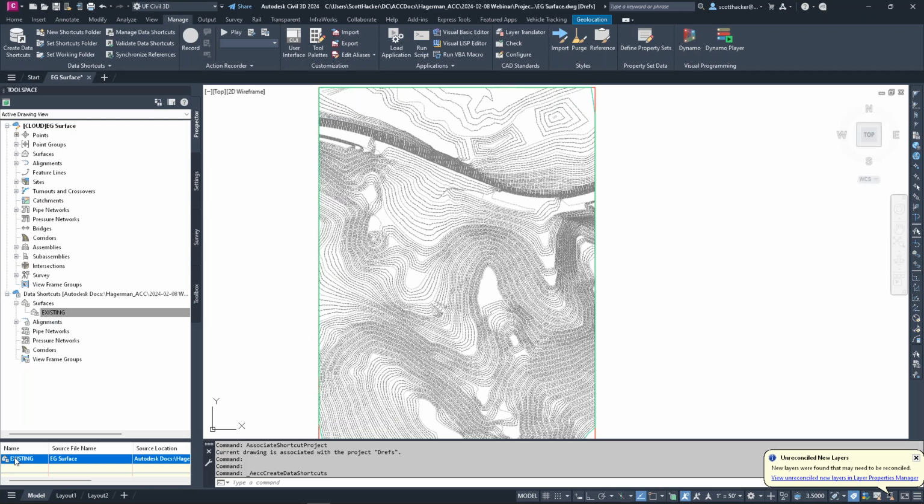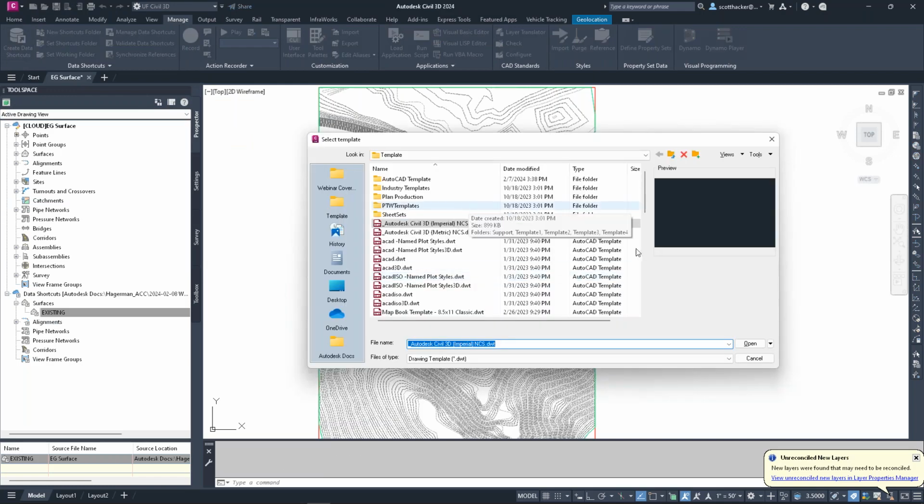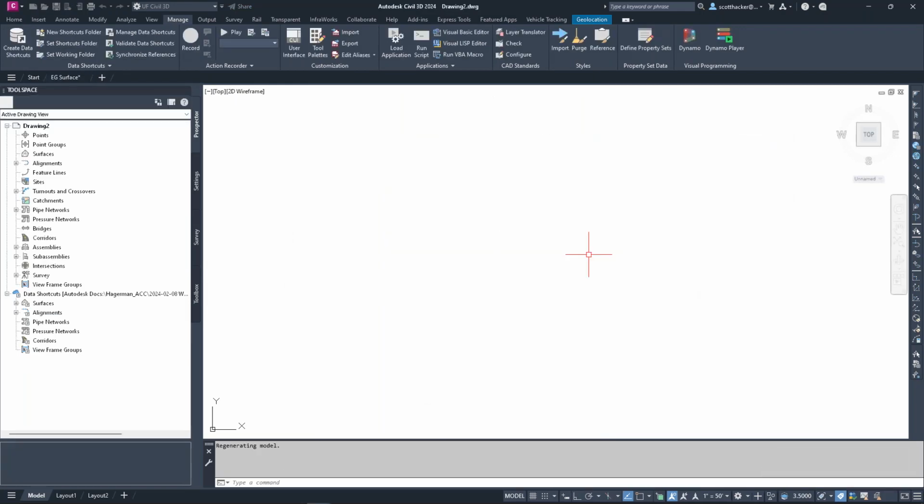So this is what allows data shortcuts to work within the cloud. Everyone and everything will have the same path, and that starts with your Autodesk Docs. So what I'll do is this. Let's create a new file. I don't care what template I use. Now that I've created a new file, before I reference, I need to save this file to the cloud location. Now, I've done that,